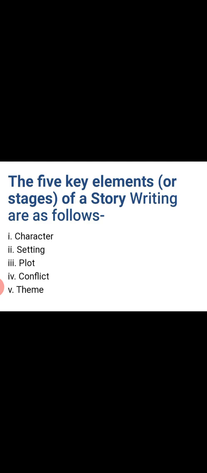So don't make your plot very predictable. When I am reading your story, it should create some kind of curiosity in me. I should be waiting to know what is happening in the climax of your story. So arrange the events in such a manner that it reaches an interesting conflict or an interesting climax. Okay, and theme, we all know theme,